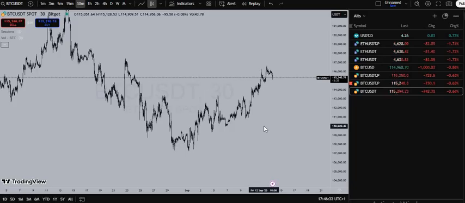And market trends are defined by impulse and correction, by highs and lows. These impulse and corrections are identified as highs and lows in the market. And the impulse is basically that